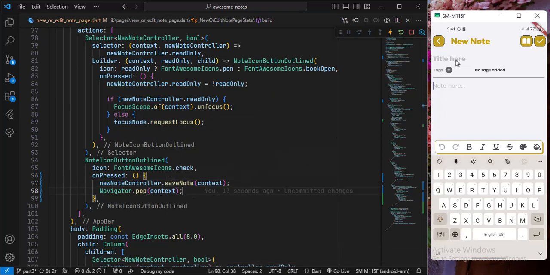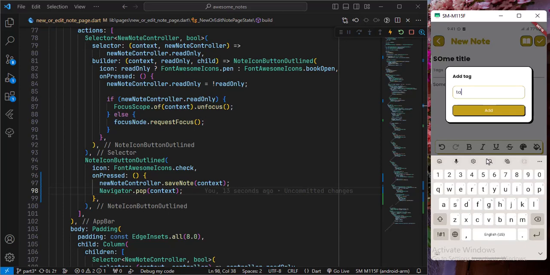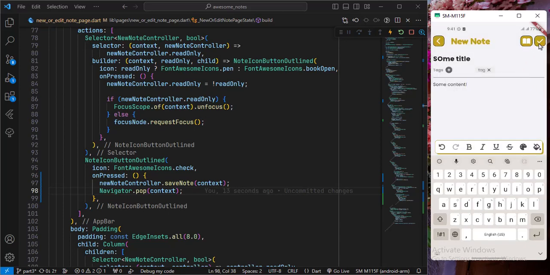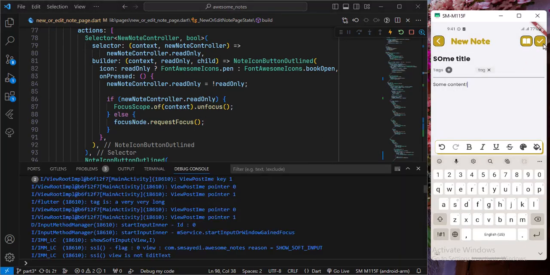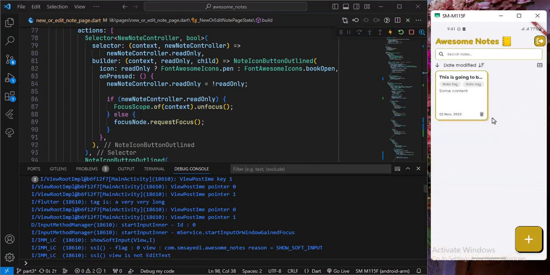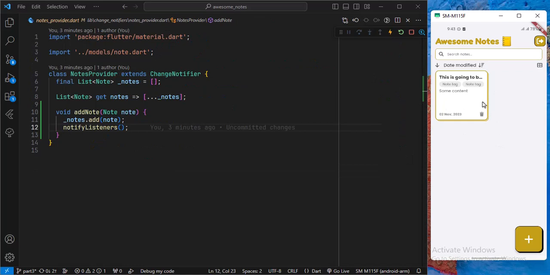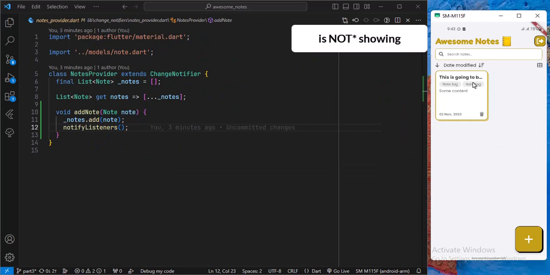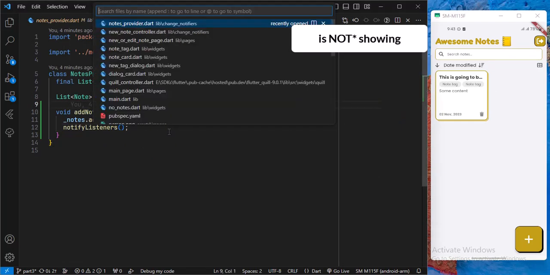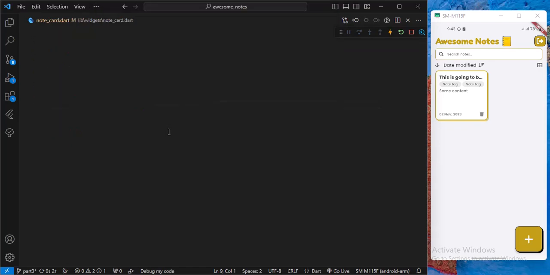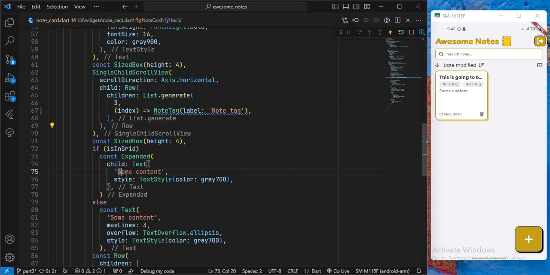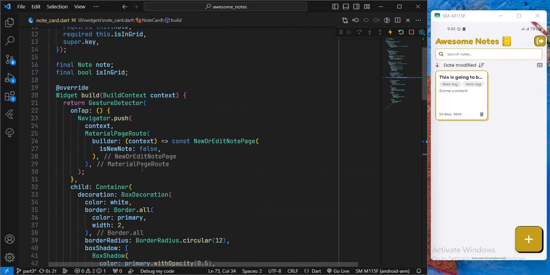And then add a title, for example, some title, and then some content, and add some tag. And now when I click on this plus icon, the page is closed and the note is added in here. And it is showing the same thing, and that is when we go to the note card, we are just using some predefined data. So to remove this,